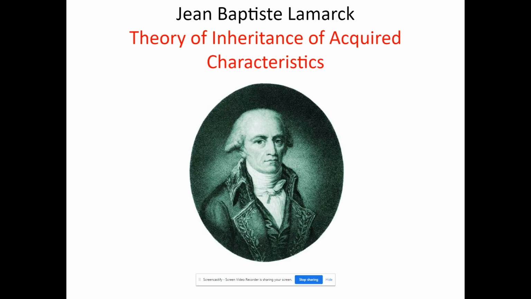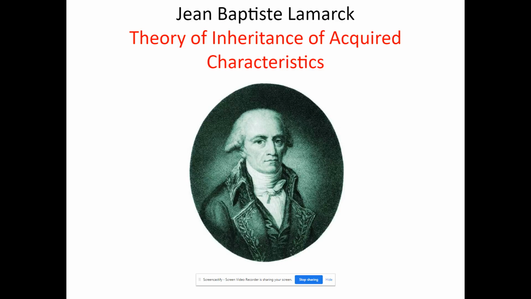The next person that Darwin read was a guy by the name of Lamarck. And just as a contrast, Darwin and Lamarck didn't agree with one another. Now, they weren't necessarily contemporaries, they weren't at the same time, but Darwin did read his books and said, nope, this isn't how this works. And so Lamarck's theory was the inheritance of acquired characteristics. So there's a few things here.